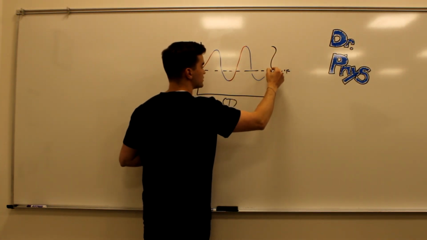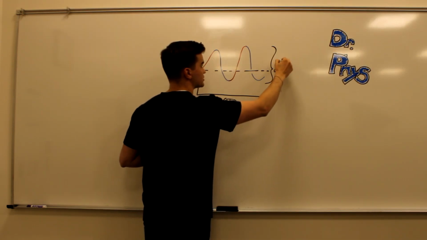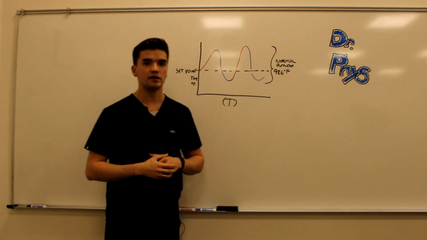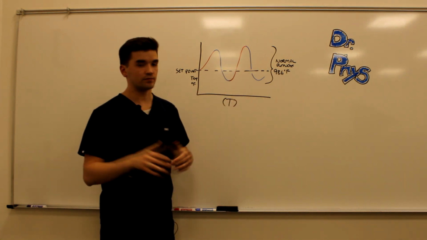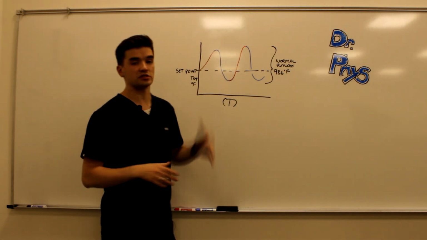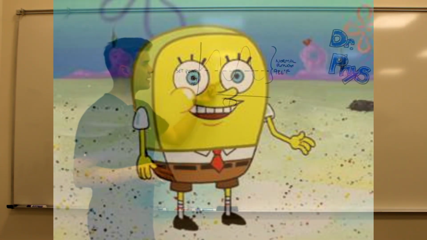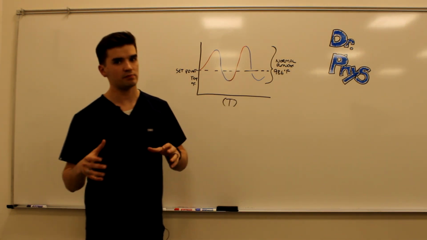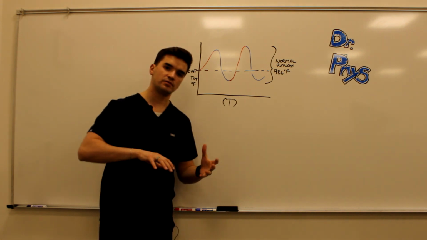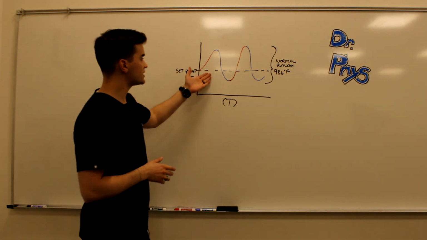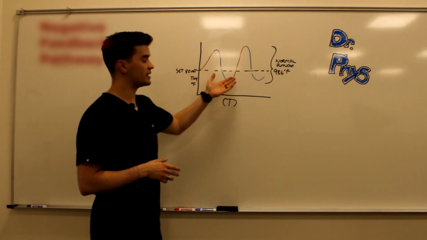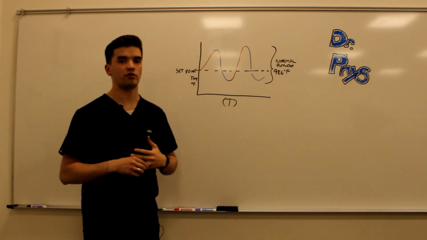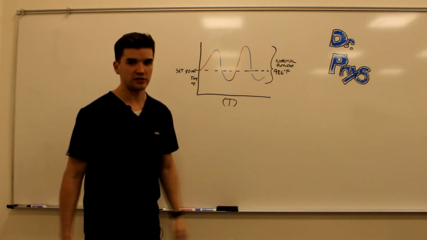This range of normal fluctuation is actually just called normal range. Our body doesn't always stay 98.6 degrees Fahrenheit. It fluctuates, give or take a degree. But this fluctuation is totally normal. We can see here that the body is attempting to get back to set point. Every time it gets too cold, it warms itself back up. It gets too hot, it cools itself back down. So this system of attempting to return to set point is called a negative feedback pathway. Negative feedback pathways are super important for our body and are a key element of homeostasis.